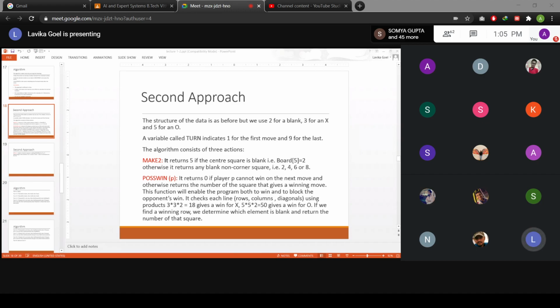It means that in that particular row, column or diagonal, you have 2 X's and 1 blank, right? Because 3 stands for X. So 3 times 3 means X and X, and 2 stands for a blank.